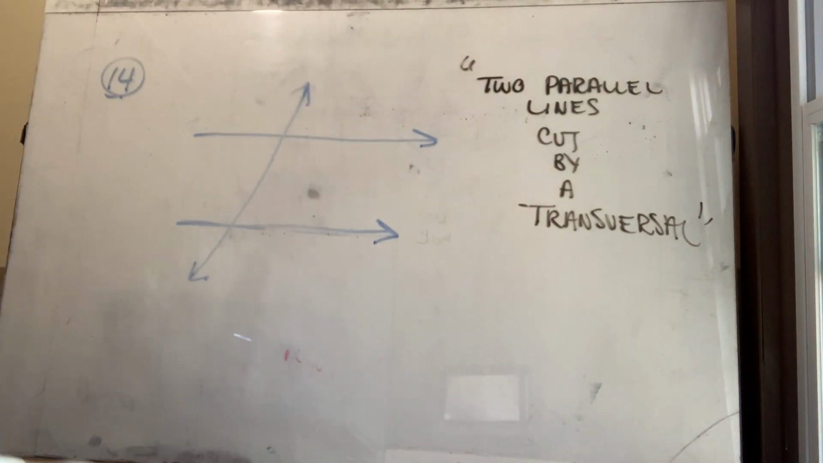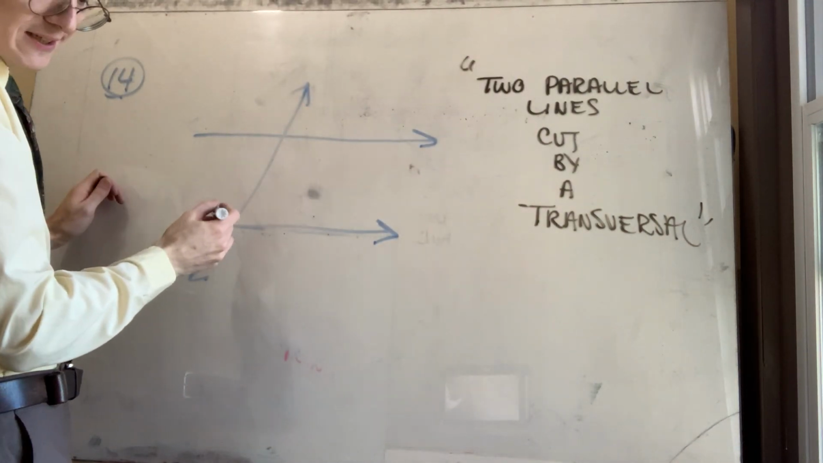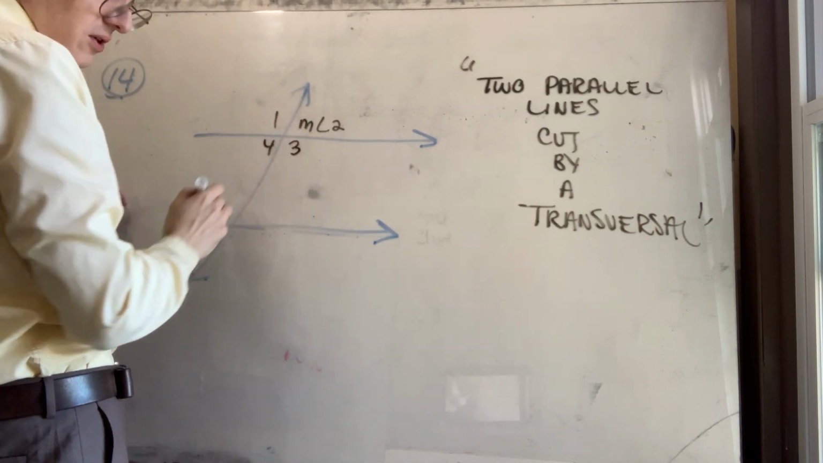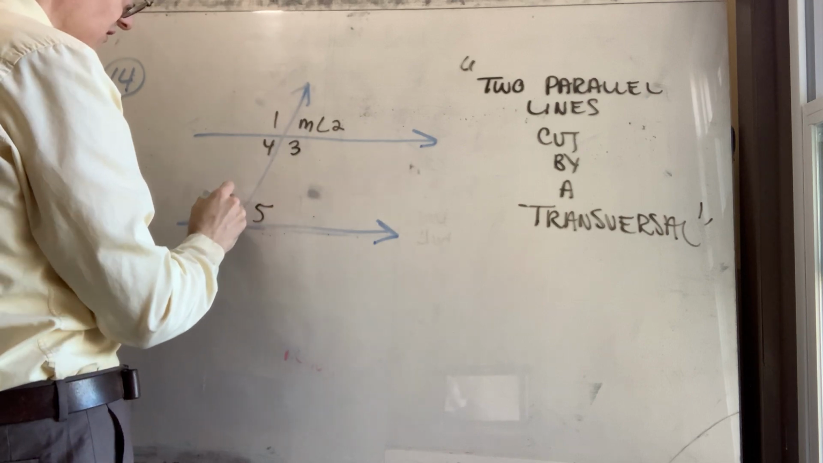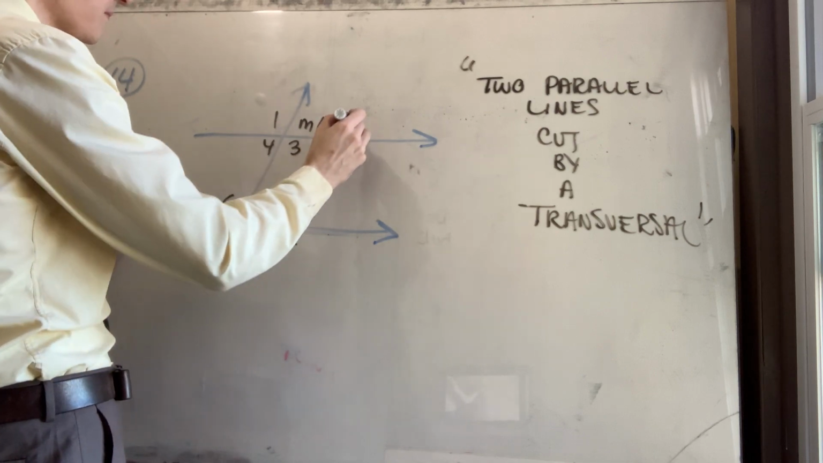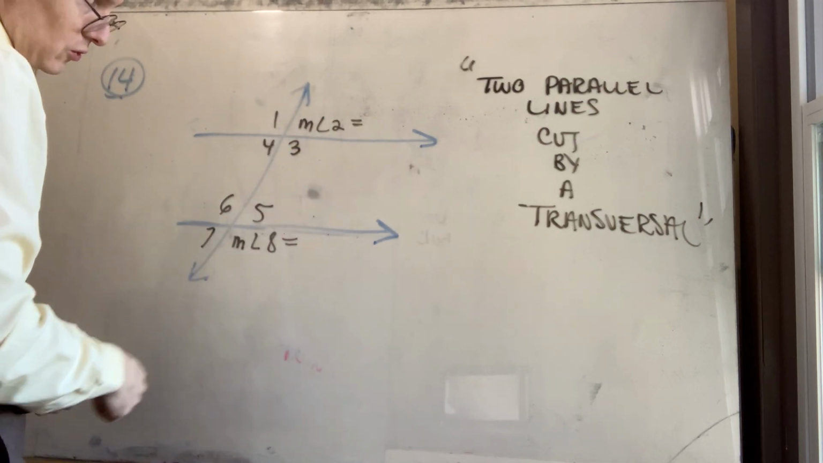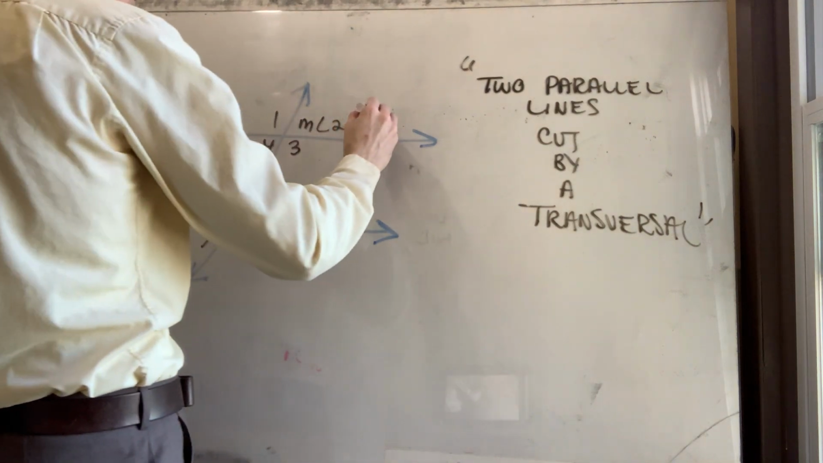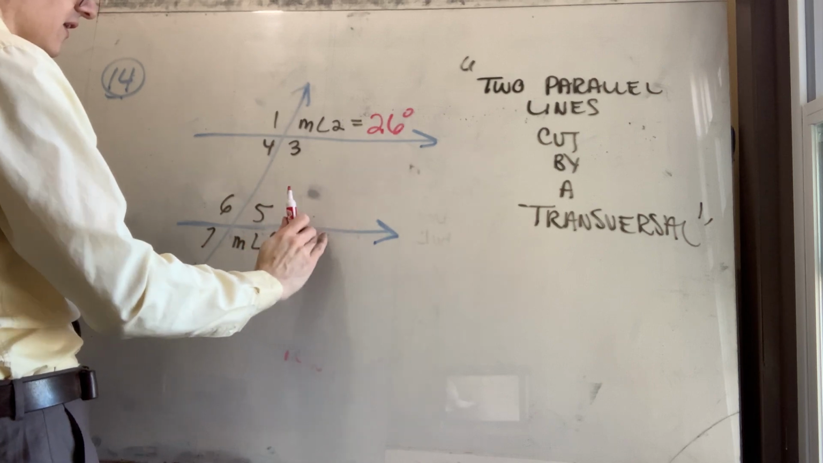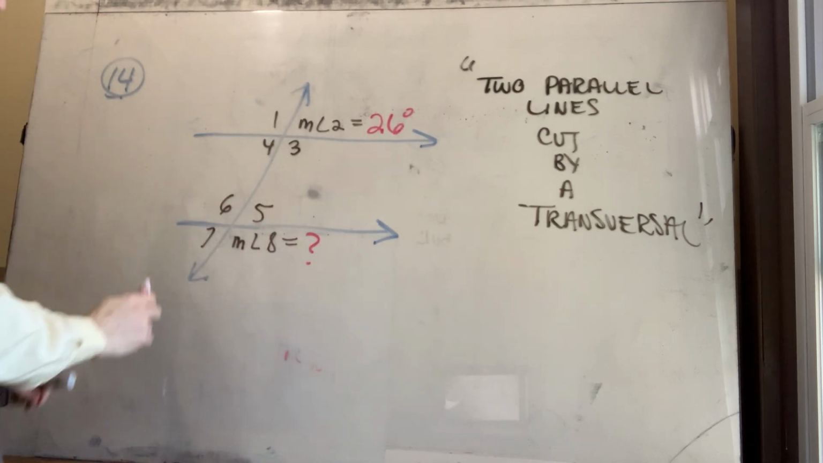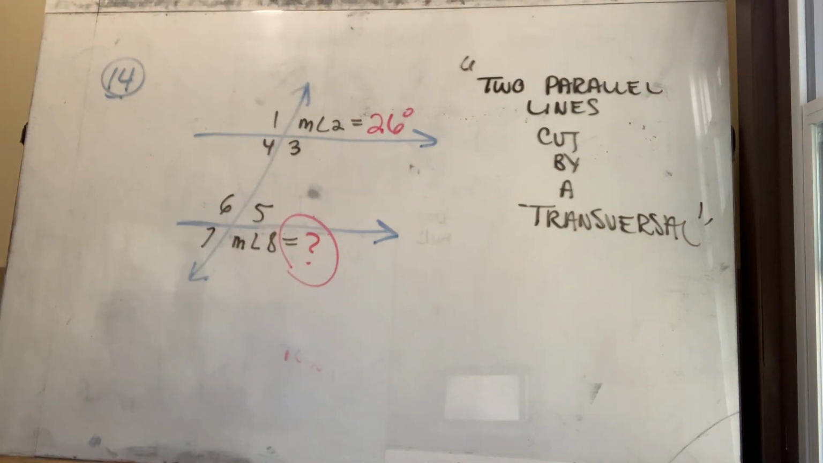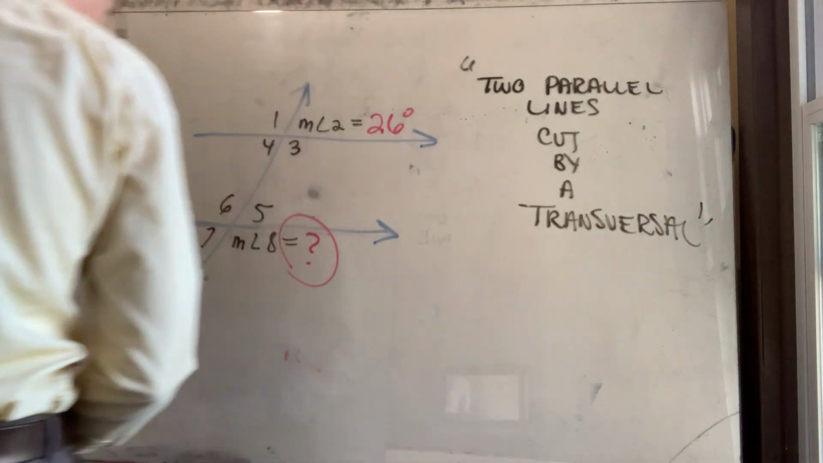All right, anyhow, it's labeled like this. The measure of angle 2, and this is angle 1, 3 and 4, and this is 5 and 6 and 7, and there's the measure of angle 8 here. The measure of angle 2 is 26 degrees, but the measure of angle 8 is unknown. Now there's probably several different ways that a person could figure out what this is. We have, just to list some relationships that are good to know,